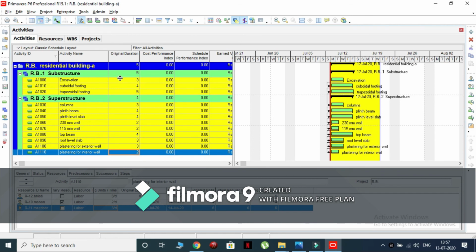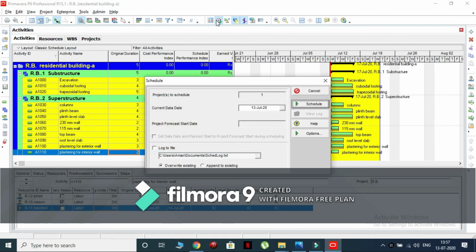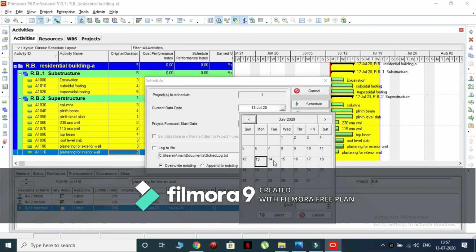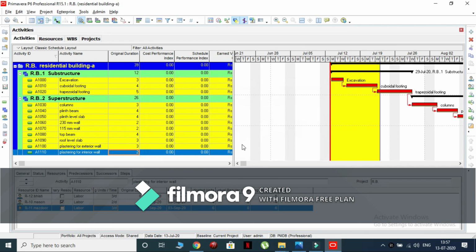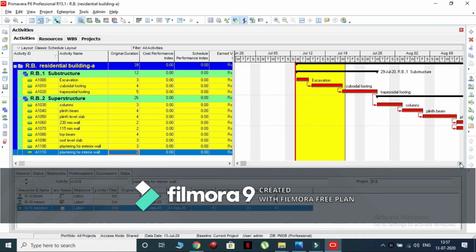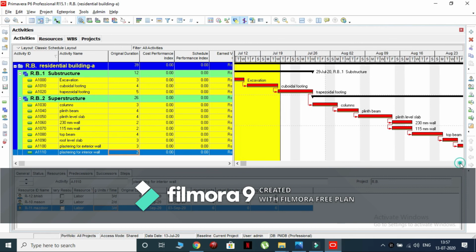We will run the schedule for our project, so click on the schedule icon and click on the current data date. Now we can see the total project and the critical activities in the Gantt chart window.